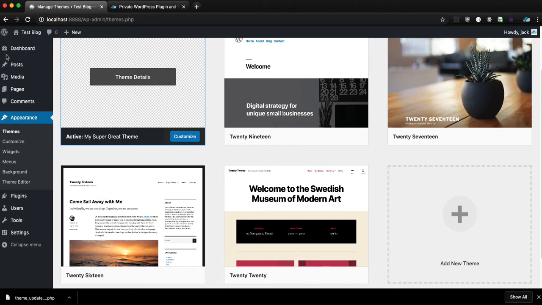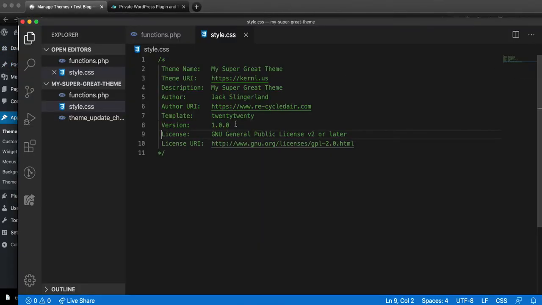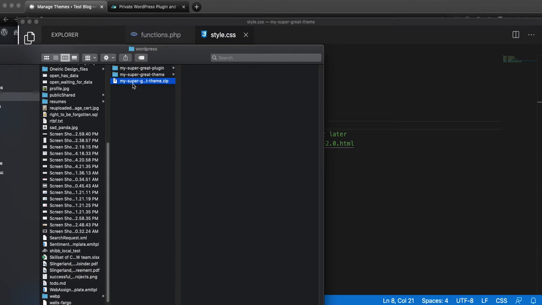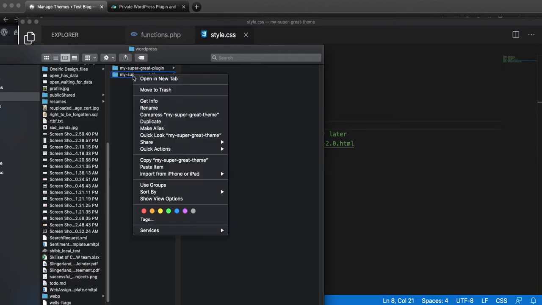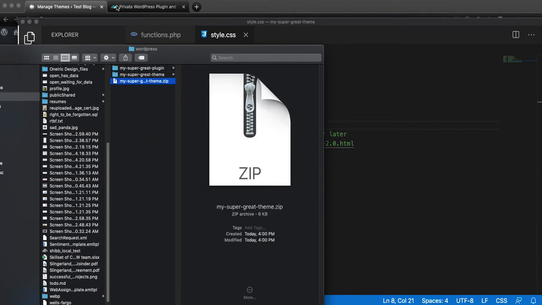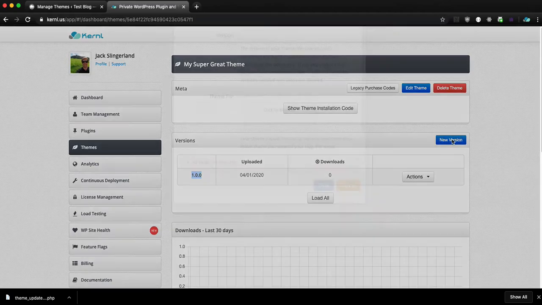Next, we need to create a new version so we can see how Kernl updates work. So the first thing you do is you go in here and you bump the version. So we're bumping to version 1.0.1. After that, you need to go ahead and delete this zip file that we just created and create a new zip file because we updated our theme, therefore we need a new zip. Then we go back to Kernl, add a new version,